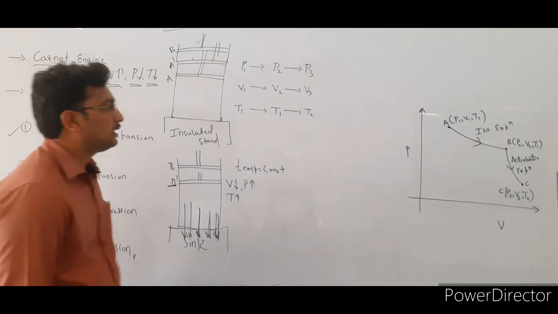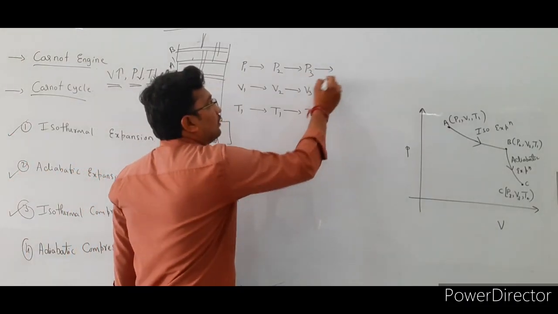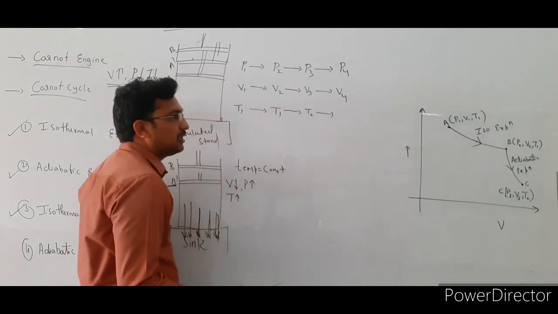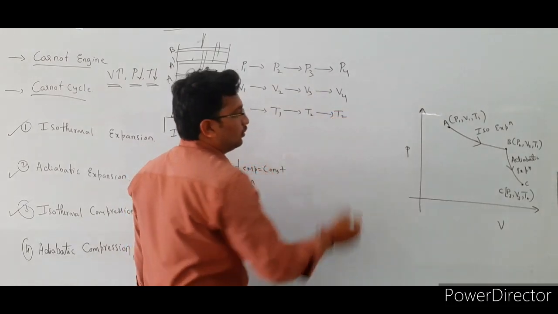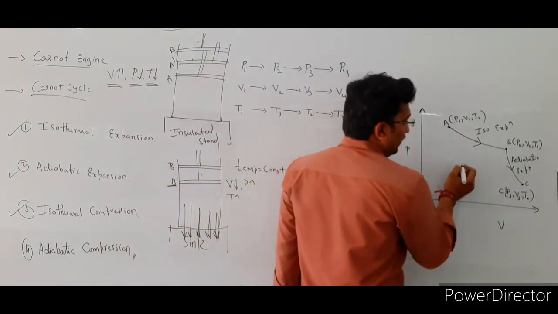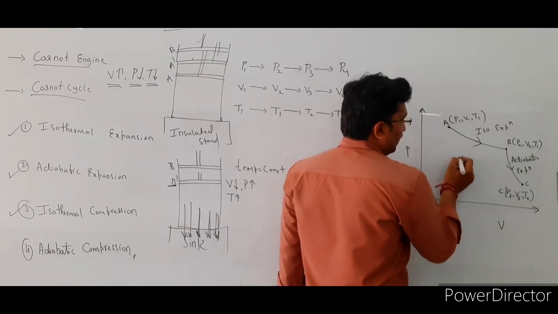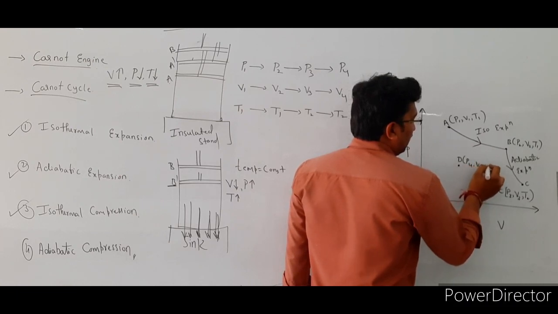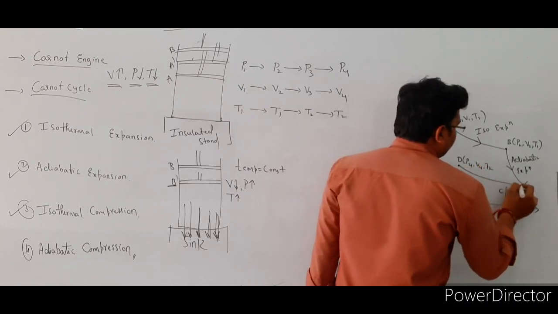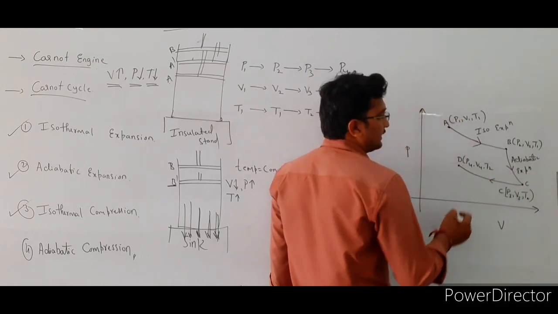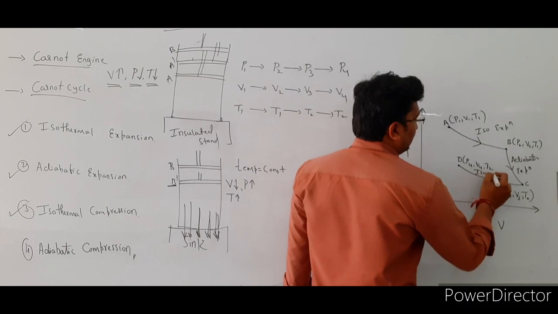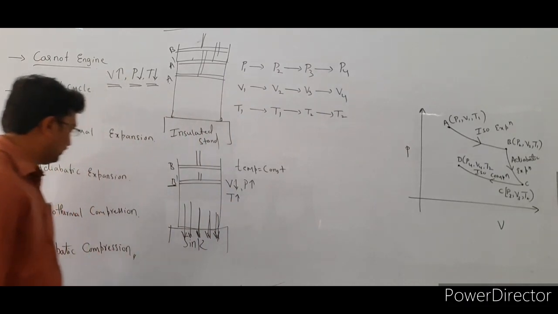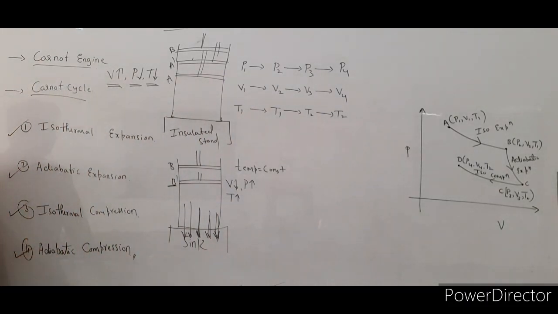So then to maintain a constant temperature, the state of the system changes from P3 to P4, volume changes from V3 to V4, but the temperature remains the same, that is T2, right? Okay, see here in the PV diagram we are representing this point as D. So here the state of the system is P4, V4 and T2, and the curve CD indicates isothermal compression, right?